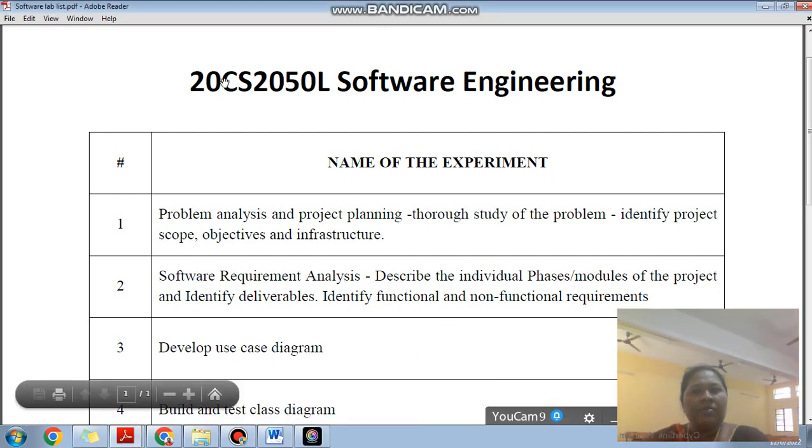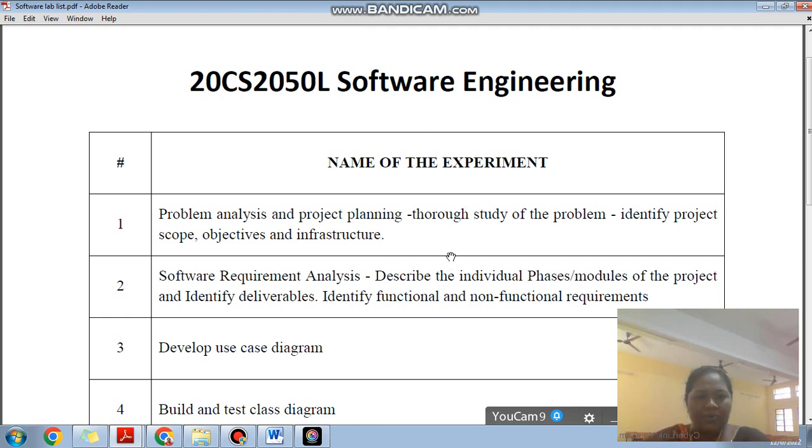Welcome to the lab of 20CS2050 Software Engineering. In this lab, we are going to learn how to develop software based on a disciplinary approach, because there is a difference between developing software after learning software engineering and without learning